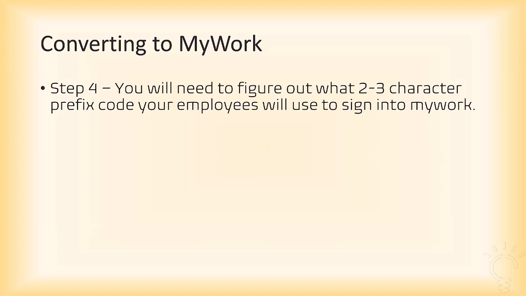When you convert over to MyWorks, they're going to have to say who you are. So let's say you're Van Buren. Your 2 to 3 character code might be VBC for Van Buren County, and then a space and 156. So there's a little piece of 3-digit code that they need to key in right before keying in their